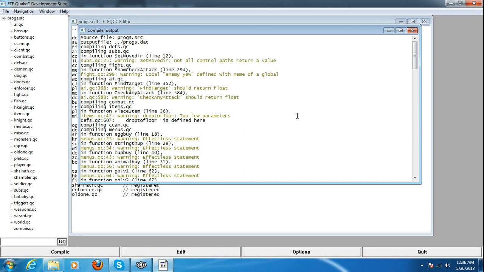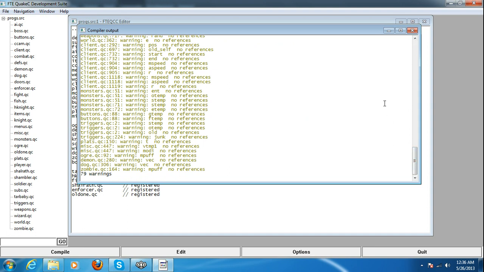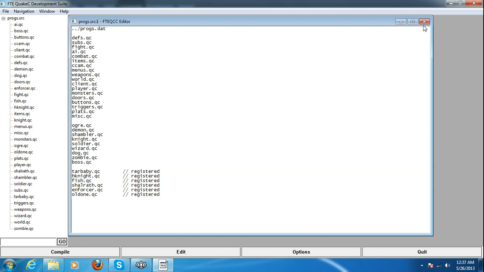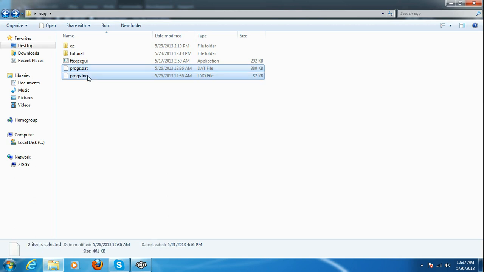Compile. It's okay if it gives you warnings, which will be in gold. If it gives you any red lines, which are errors and not warnings, I think I said errors a minute ago, but I meant warnings. If it gives you any red lines, which are errors, then it did not compile the code, or did not compile correctly, so do not use that or you might mess something up. But it should compile it in the folder above QC, which will be in your mod's main folder. Copy these,